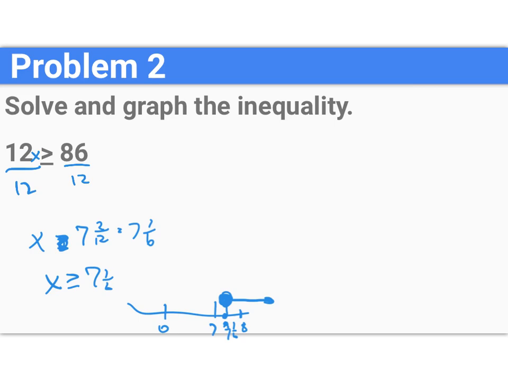precise number. Many times on tests and in class, you will be given number lines with numbers on them, or at least hash marks, and that's supposed to indicate whole numbers. And you're going to have to put the solution in between two hash marks, especially for ones that don't come out to whole numbers. So just be aware of that. That's something that I didn't really talk about much, and this is very important to learn how to solve and graph